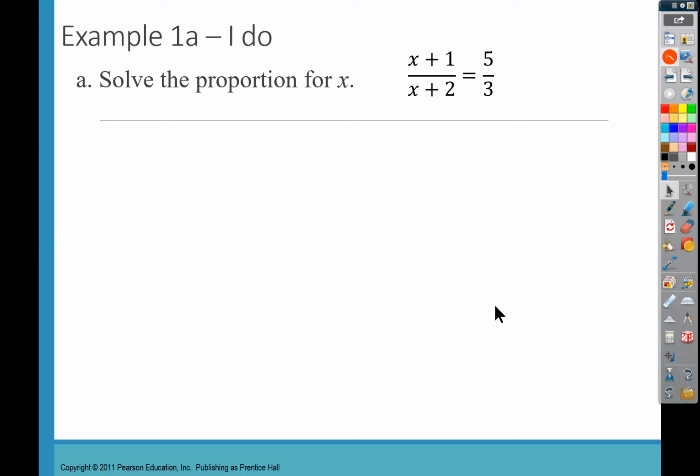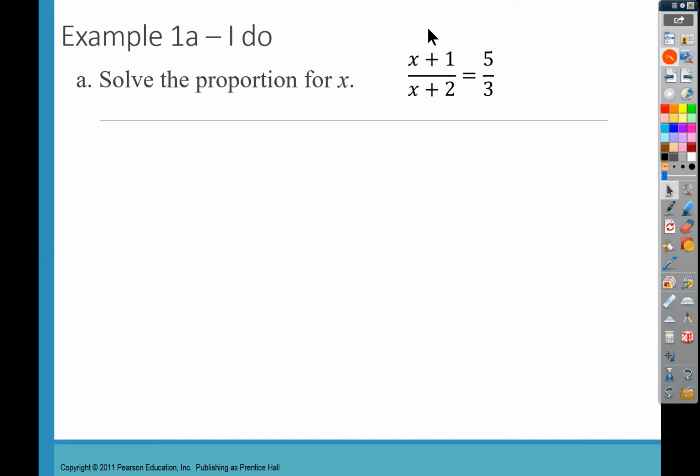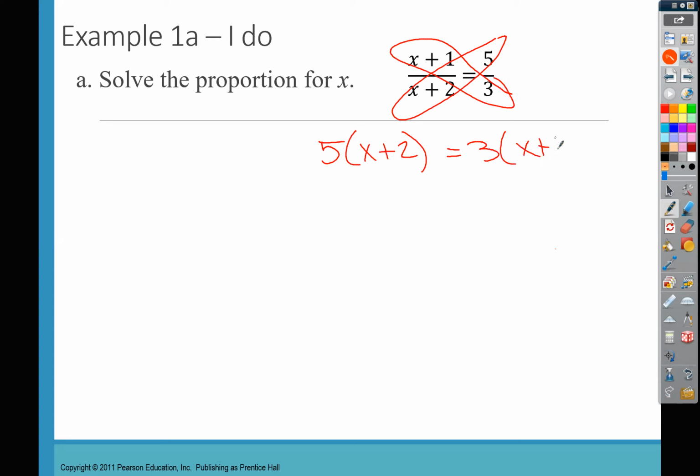So we're going to solve the proportion for x. So we're solving for x. And we're going to do this by cross multiplying. All right, so we're going to cross multiply. So I'm going to multiply 5 times x plus 2, and then I'm going to multiply 3 times x plus 1, and just solve. So I would get 5x plus 10 equals 3x plus 3,